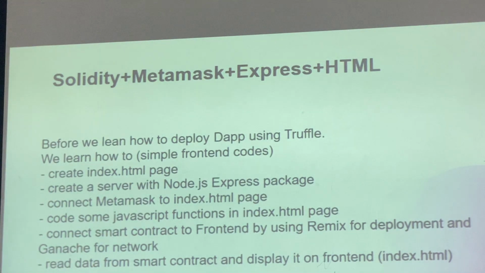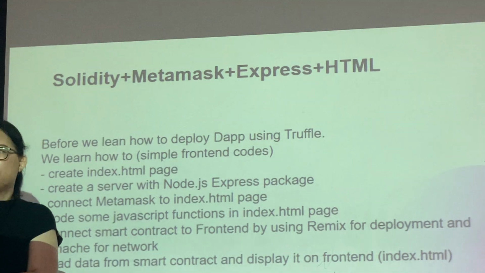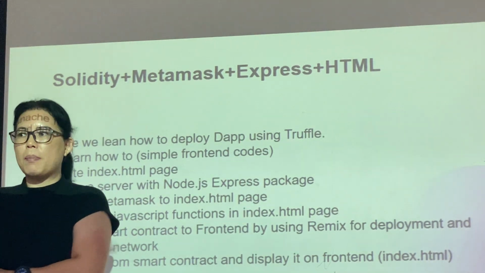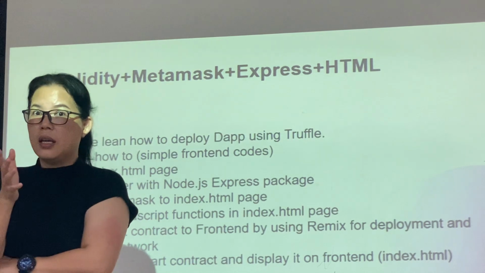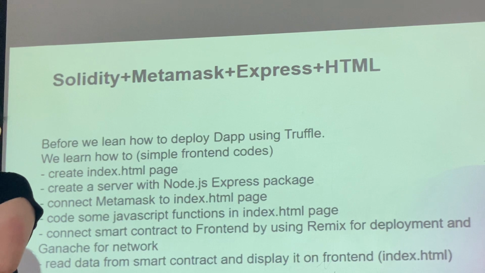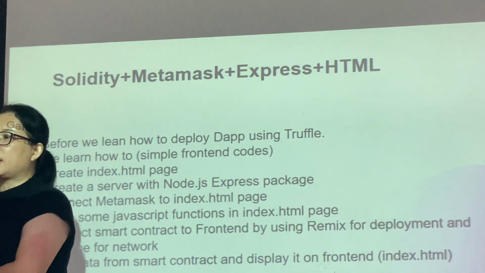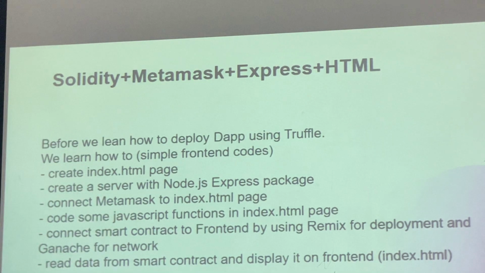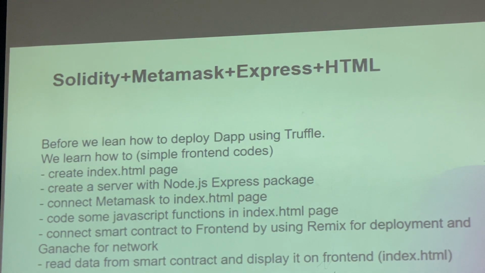Okay, I'm not using the testnet account because with the testnet we only got one account inside. Our money is not enough to do testing, and only one account is not enough to test different roles, different entities, and so on. So that's why we need more accounts for testing our program. So what we need to do for today is, before we learn how to deploy our DApp using Truffle, we learn how to create the